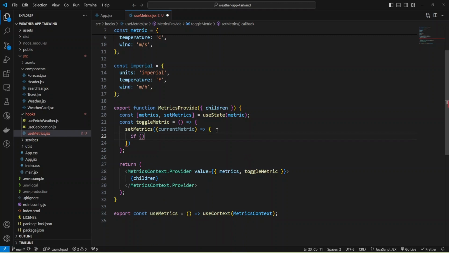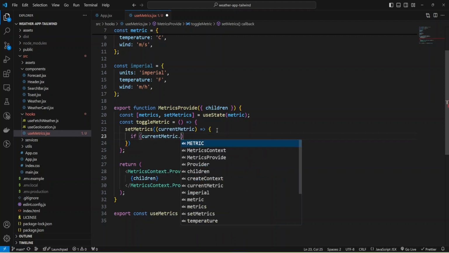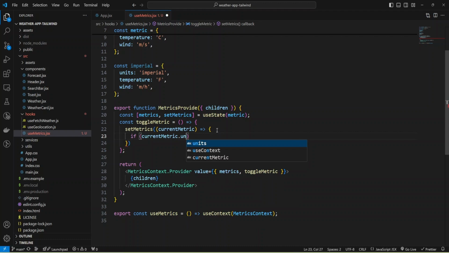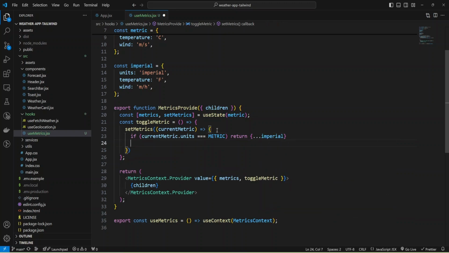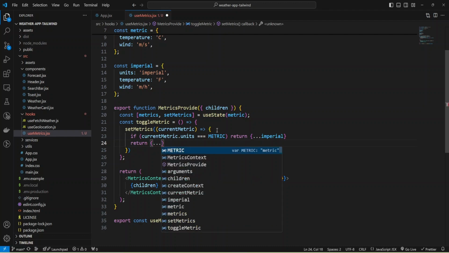Let's check if currentMetric units equals metric, then I'm going to return a copy of imperial, and otherwise I'll return a copy of metric.